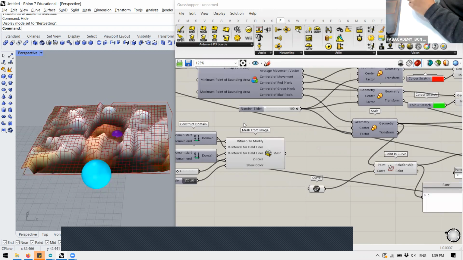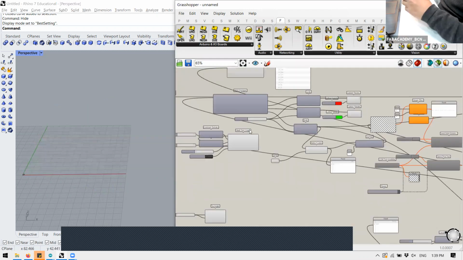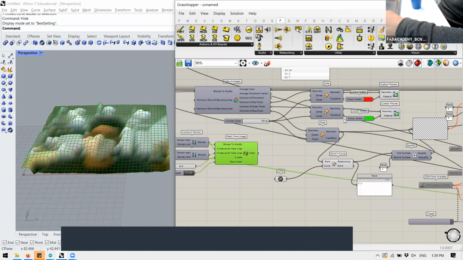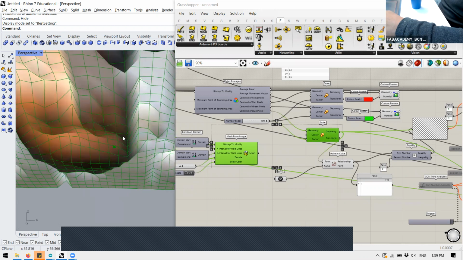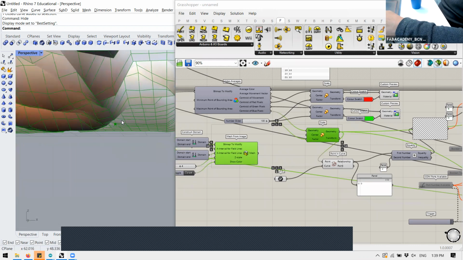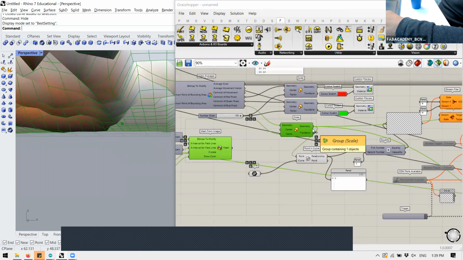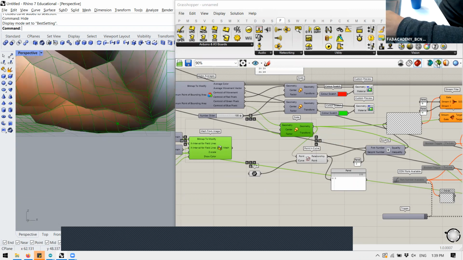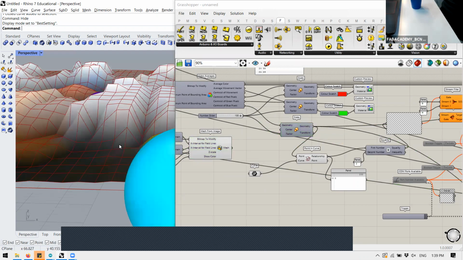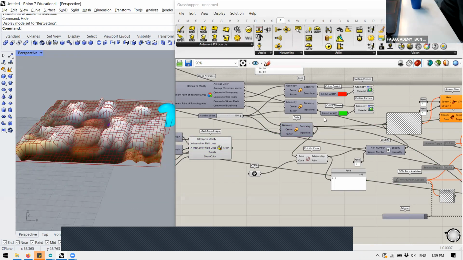So this point, this is the mesh, and this is the point that we are tracking. It's on the bottom. We could project it to the surface just at the beginning, and we will have the point three-dimensionally in space. But we can always complicate more and more and more. So